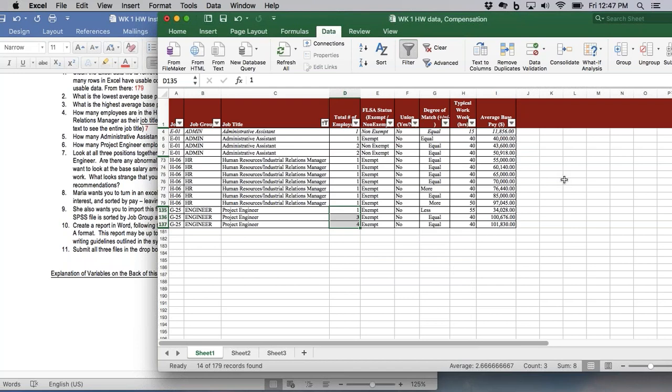So let's look at the admin assistants. We have 11, 40, 43, 50. These 3 are close together, and this one is odd, the 11,000, almost 12,000. But then we see, well, they're only working 15 hours per week. So